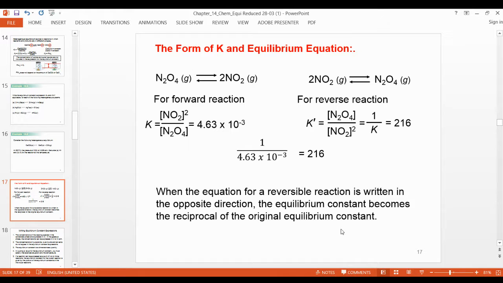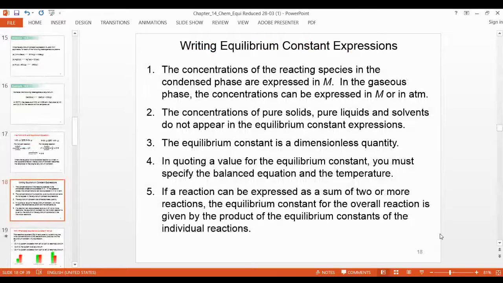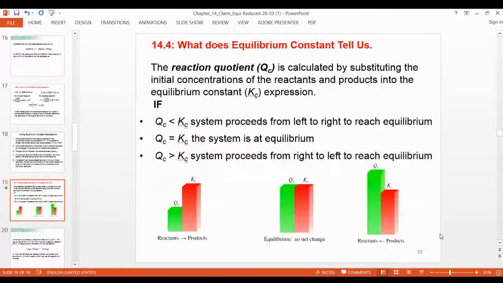So when the equation for a reversible reaction is written in the opposite direction, the equilibrium constant becomes the reciprocal of the original equilibrium constant, reciprocal form. So remember that. Writing the equilibrium constant expression, I already explained this to you, right? How to write the equilibrium constant expression. Now finished. So now,